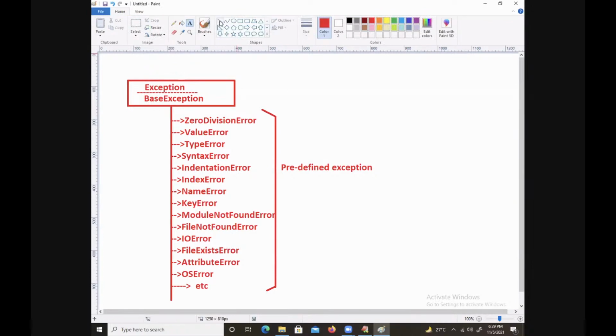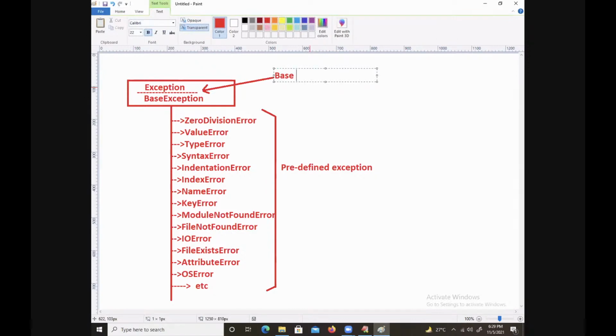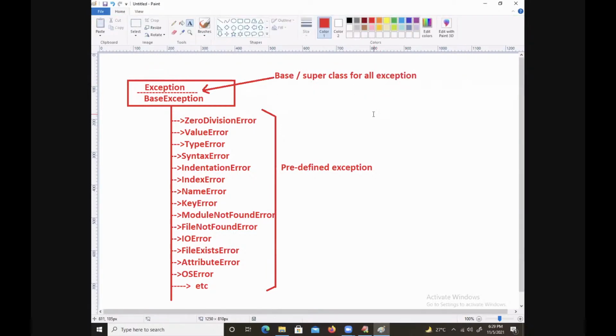What is this exception or base exception called? This is called superclass or base class. Superclass for all types of exceptions.